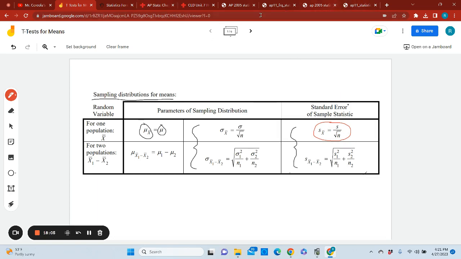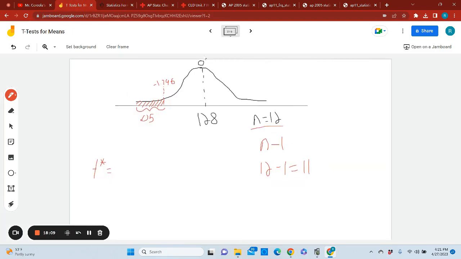So in order to find this test statistic, I don't want to get too confusing here. So maybe I won't call it T star. I'm just going to write that test statistic, all right? I'm going to say test statistic, okay, and this is going to be equal to